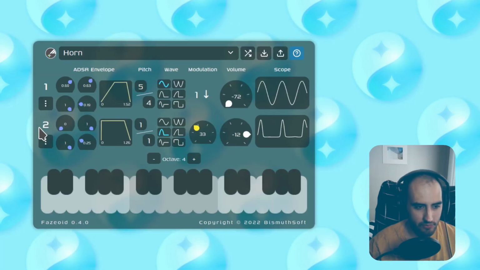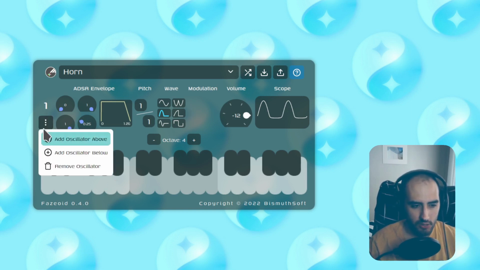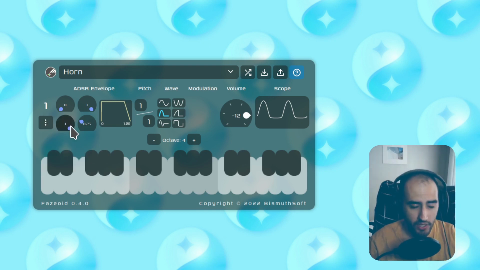So you probably want to know what's going on here. So let's explain everything from left to right. So if I use this little menu to remove oscillators so we only have one left, here is one oscillator,